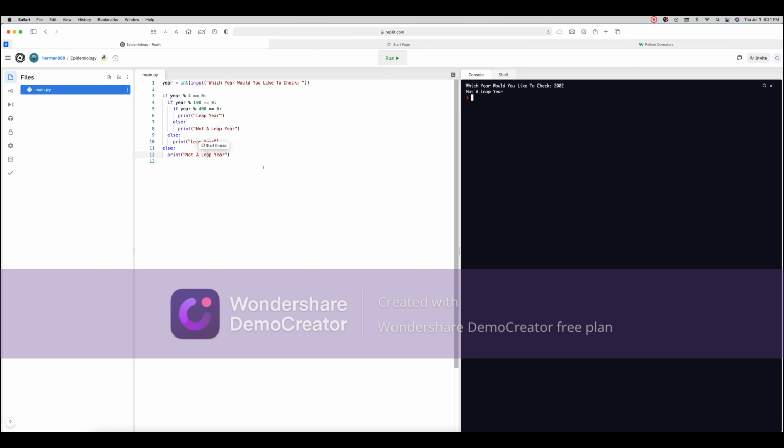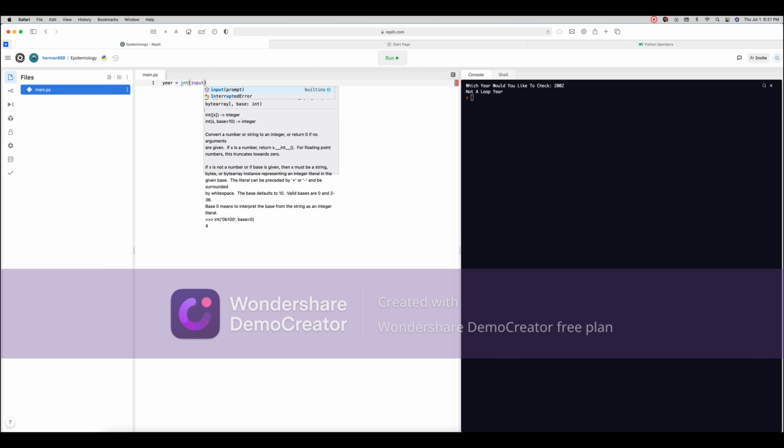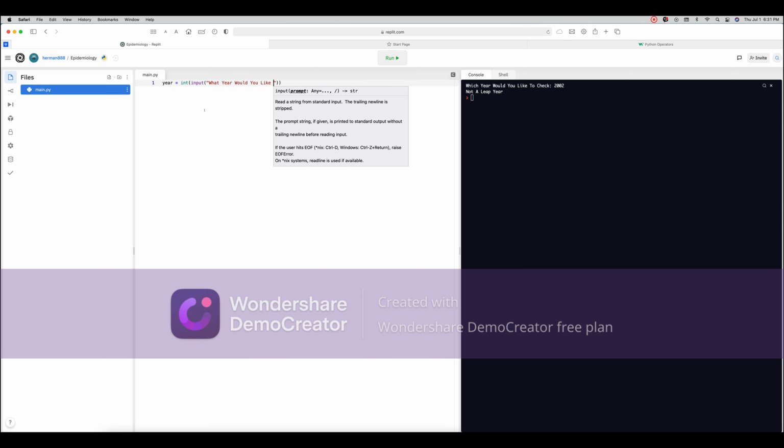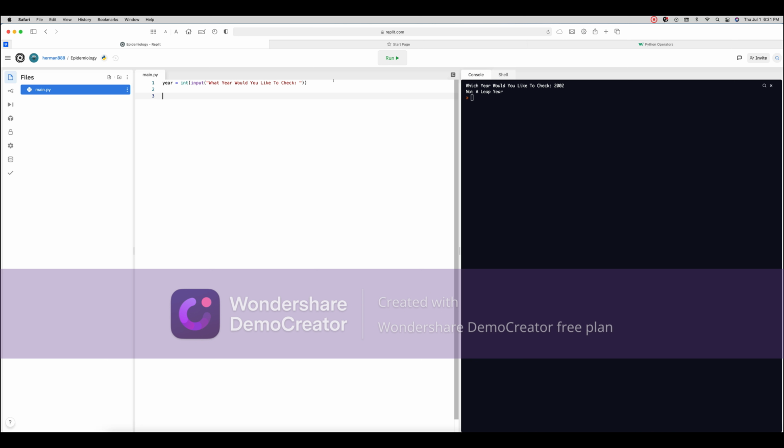That's great. Okay, so there's also one other way you could write this, and it's by using floats. So we're going to write the same thing we did in the first one by saying int input, what year would you like to check. Great. Okay, and then we're going to start it similar to how we did with the other program. We're going to start with if year is divisible by 4 and has a remainder of 0. Then we're going to print